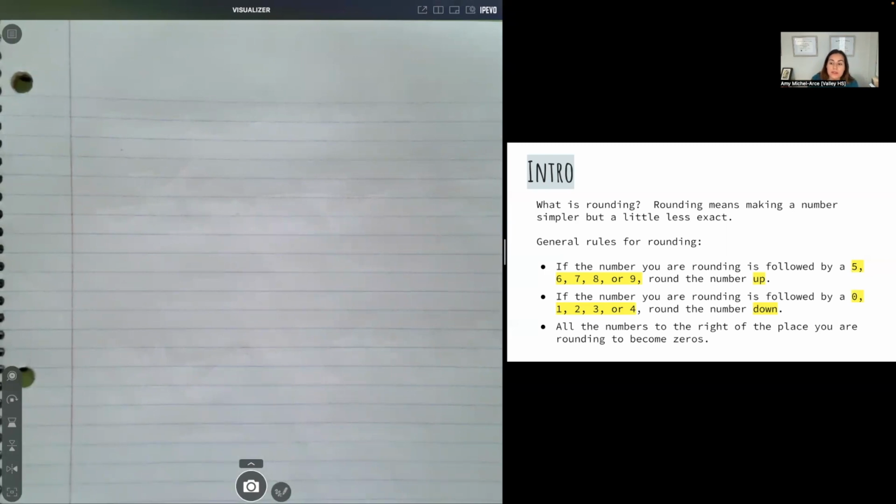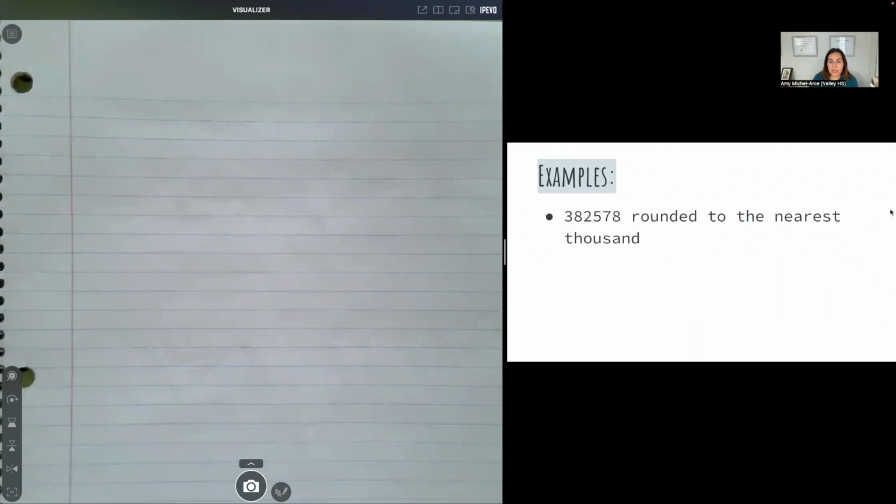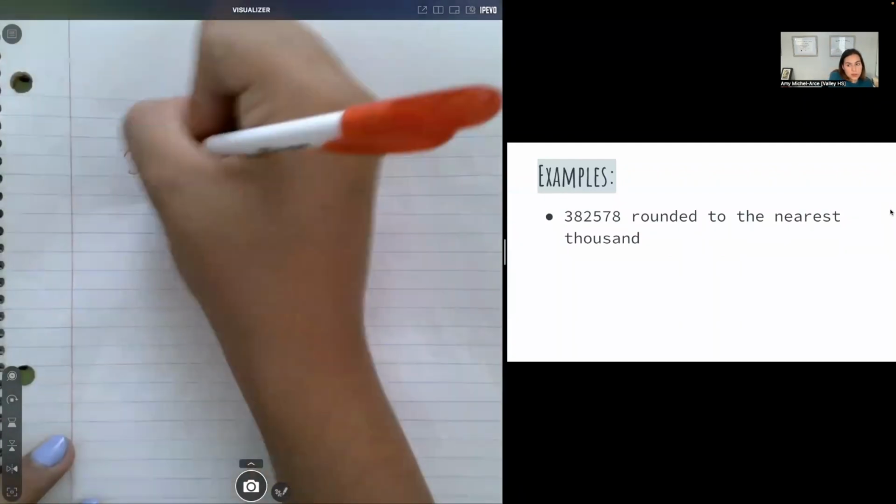If you are rounding a number that is followed by 0, 1, 2, 3, or 4, so anything less than 5, then you're going to round down, meaning you're going to leave the number as it is. And all the numbers after it, or to the right of the number you just rounded, are going to turn into zeros. Okay, so for example, we have the number